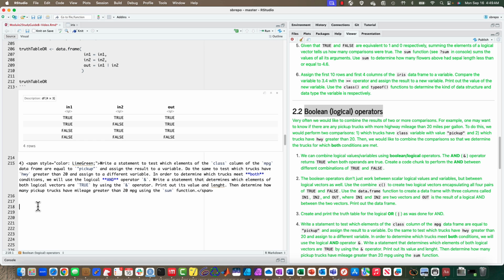So now let's use these Boolean operators to try and answer the kind of question that I posed at the start of this video. We would like to know how many, in the MPG dataset, how many pickup trucks have highway mileage greater than 20 miles per gallon. And I'm going to insert a code chunk, and the first thing to do is to